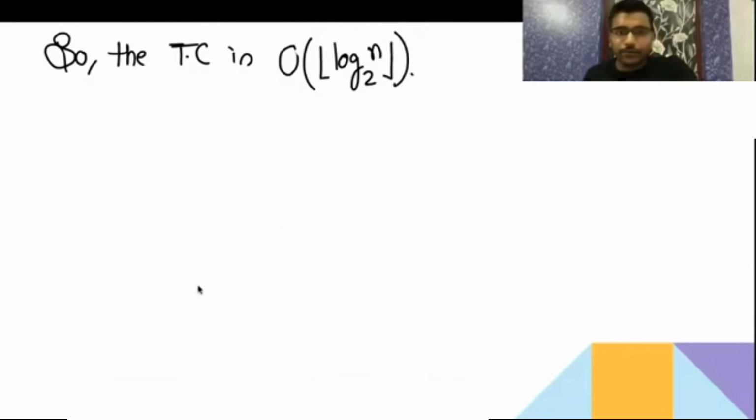So the time complexity is floor of log n base 2. When n is in a power of 2, there is no issue. But when it is not a power of 2, then the issue is there, so it is going to be the floor. And one thing you should note,